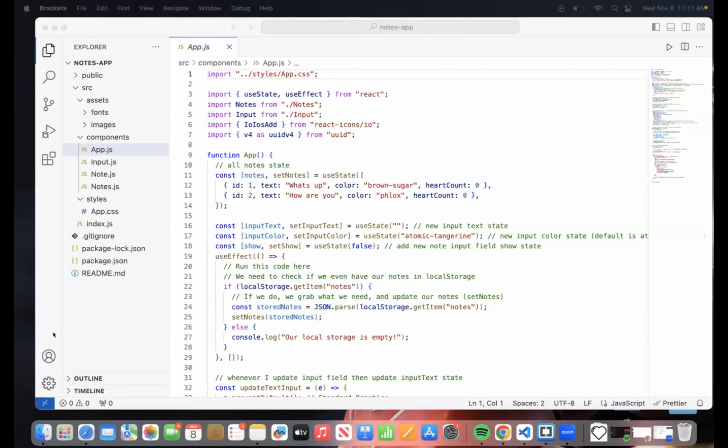I'm just getting all the files ready before I start. Okay, I think we are good. I believe you guys can see my screen. So, let's begin.